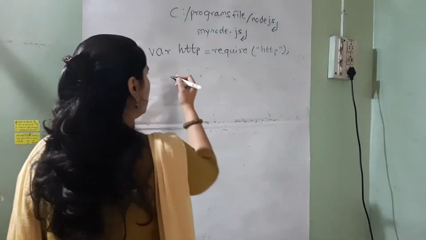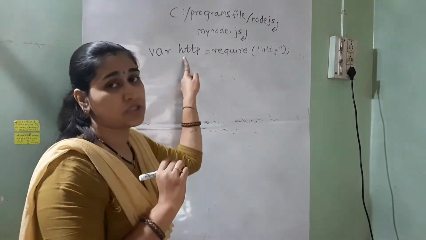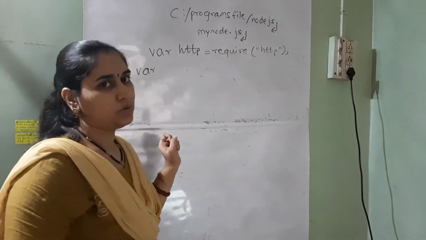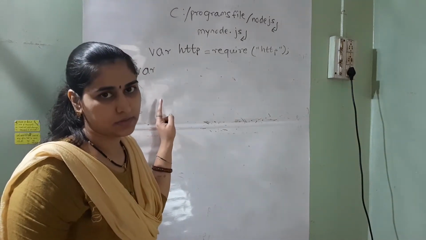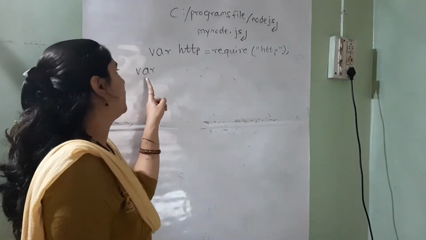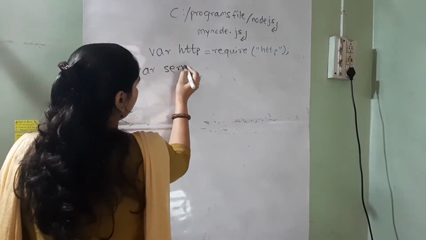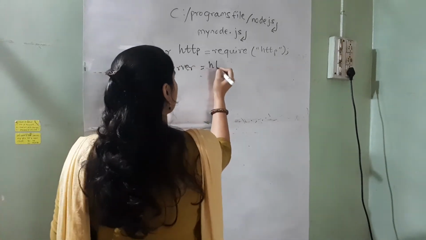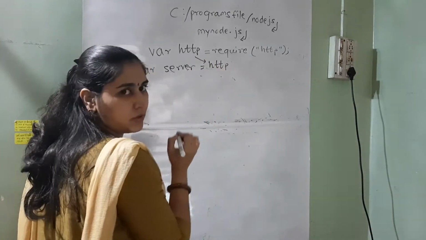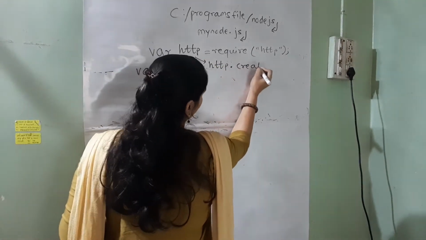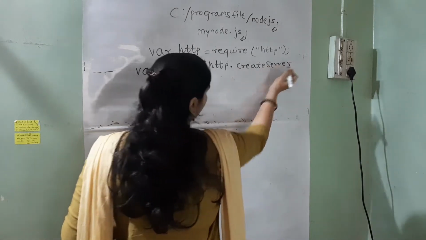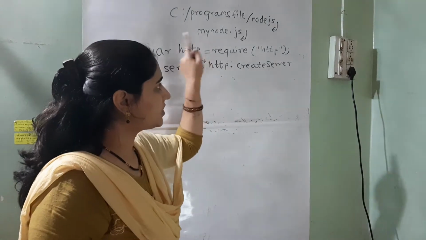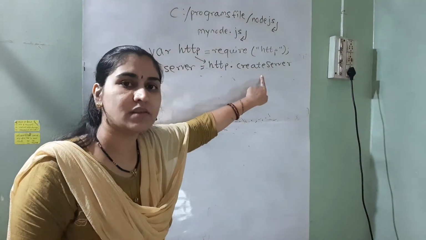Now the second step is to create a server by using this HTTP object. One variable again I am going to create. You can declare it as a const, a constant variable. Now var server equal to, I call my HTTP object dot createServer. Create server is the function which will create the object for a particular server, because I want the JavaScript program to be executed on the server side.